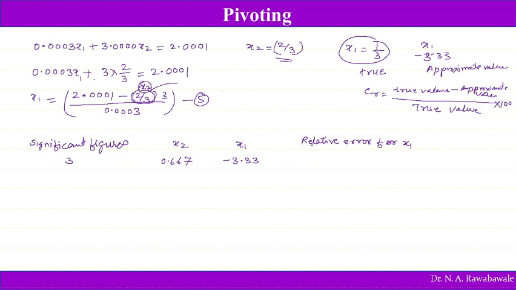So now this relative error we find here as 1099%. This error is 1099%. Now if we take up to 4 significant figures, this x2 value as